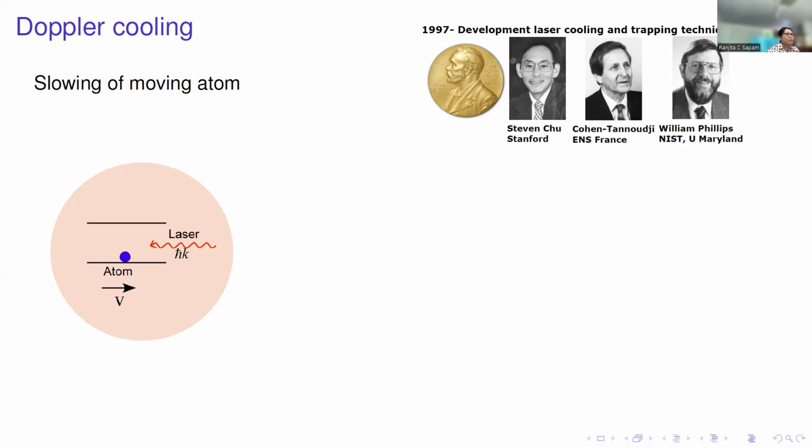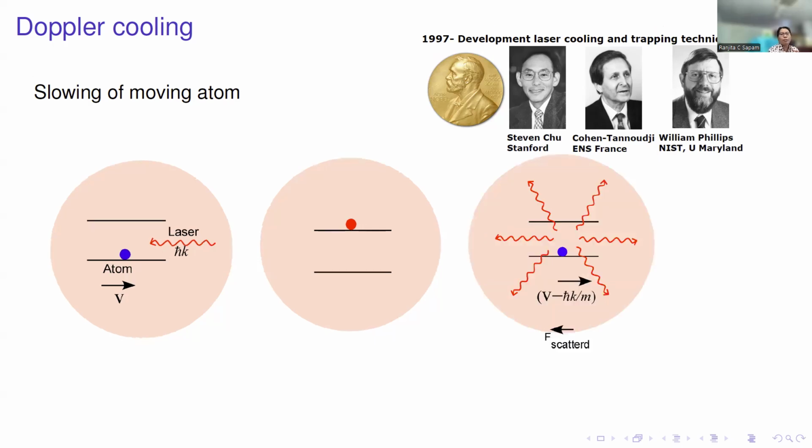So the basic idea is that we have an atom. Let's say I am an atom and a counter-propagating laser light comes and hits me. If I was traveling with a certain velocity v, then my velocity will be reduced. How it will be reduced is that I will absorb a photon whose frequency is lower than the resonance frequency, given by my velocity. The detuning is proportional to the Doppler effect, which means the detuning is proportional to my velocity. But because of the Doppler effect, I will go to the excited state and come down to the ground state.